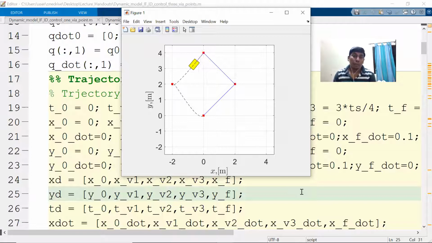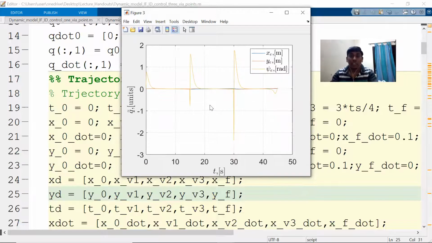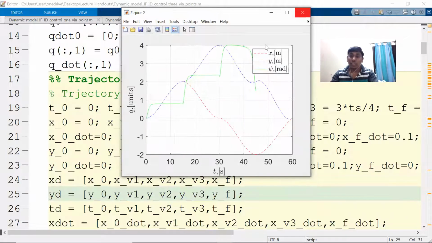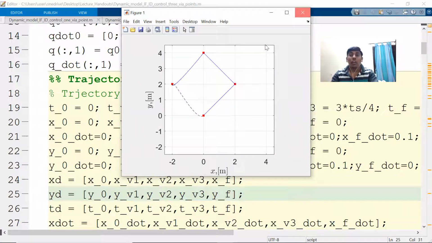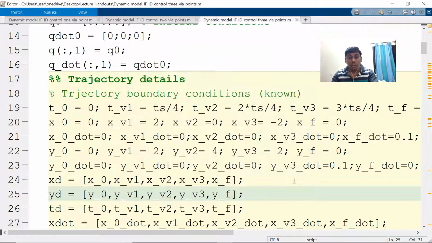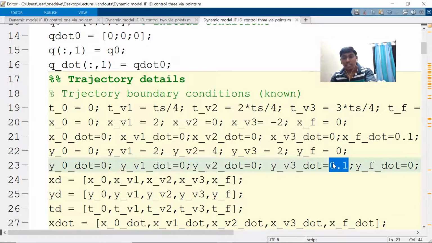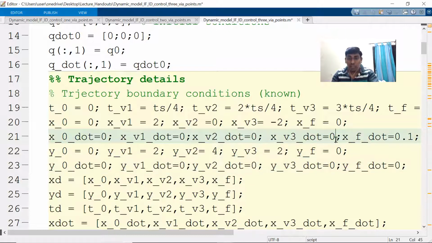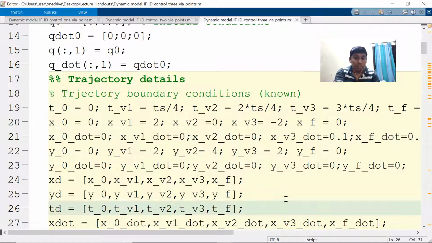So I hope now you are clear, and you can see that curve is not possible because your controller is getting unstable, or you can say the trajectory generated is not traceable. That is the whole idea, which is, as per the current controller, it is not able to track. That is what you can see. So I'll just give you the other way around. Okay, so I'm just trying to show this.